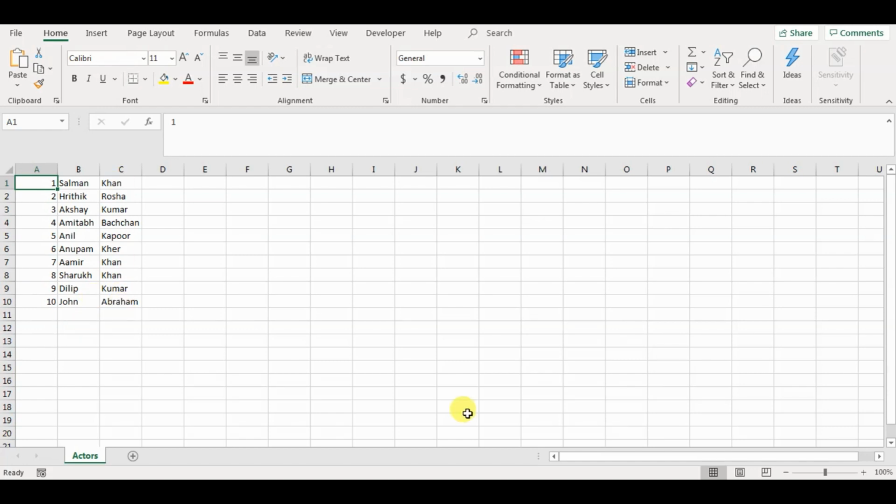So now you see how we can manipulate data and split text into columns using a delimiter. This is the opposite of the concatenate function. If you want to check out the video on how to combine strings from different columns, different fields into one string, I'll drop its link in the description below.